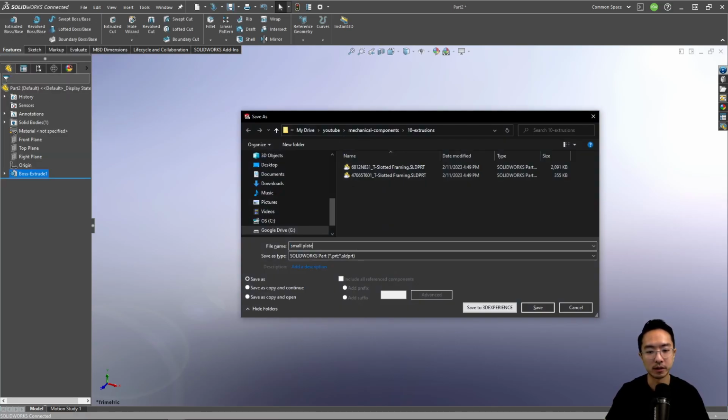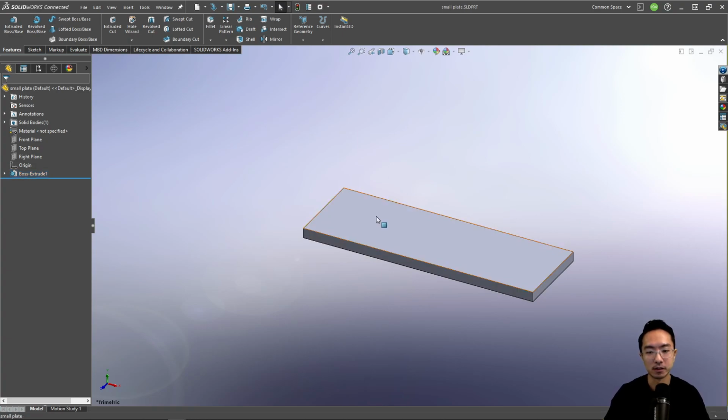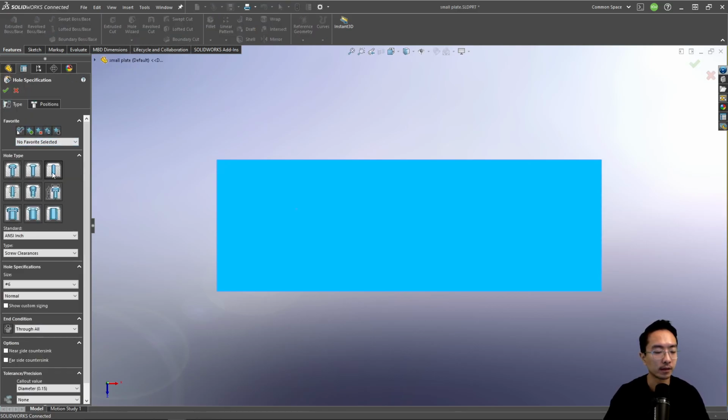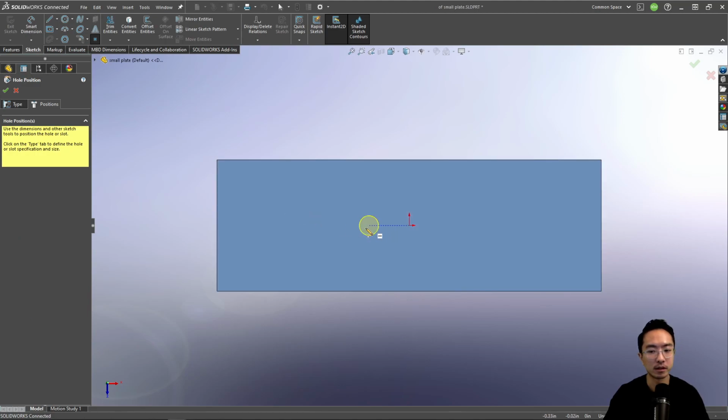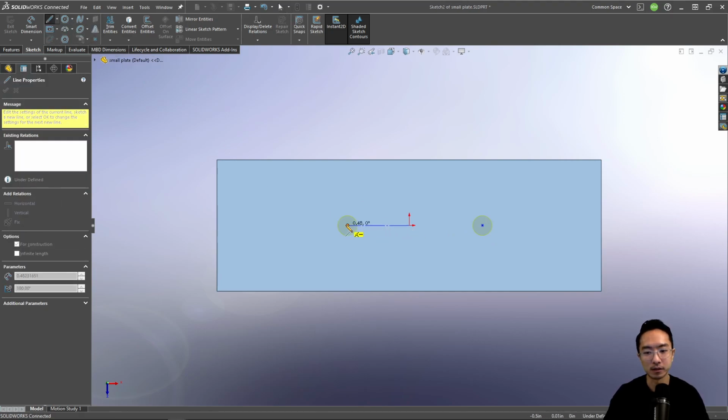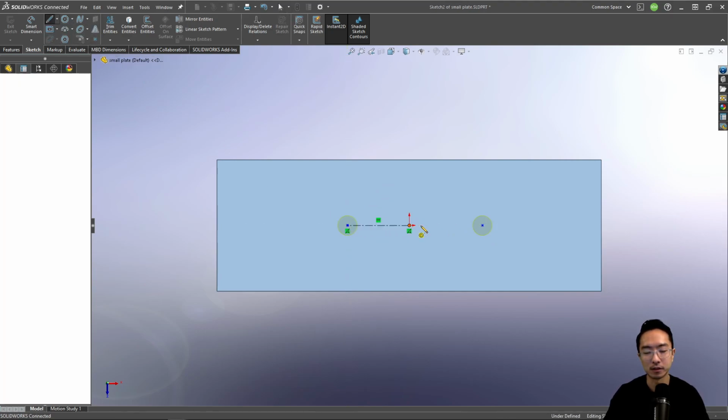So make a small plate. So in the small plate, let's say there's some holes. So we're gonna add a hole wizard, hole positions. So let's say there's 2 holes like this,